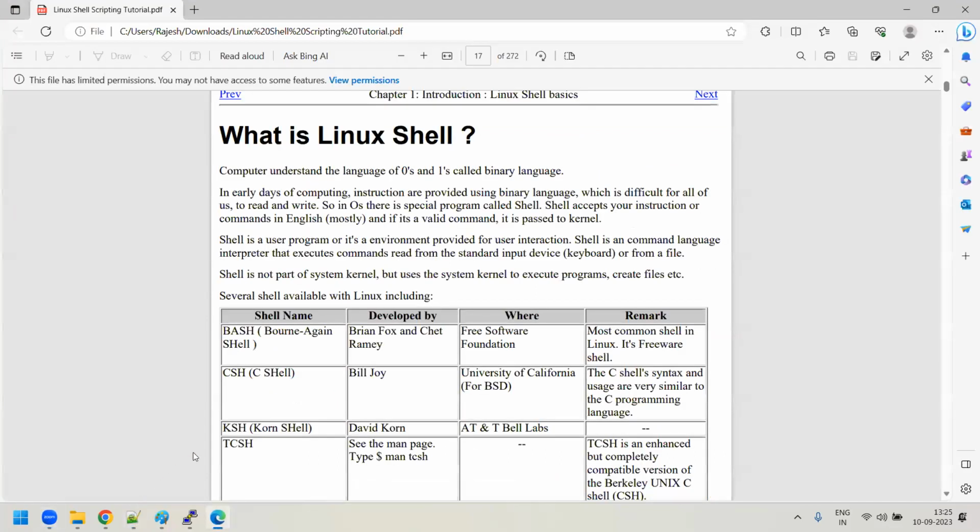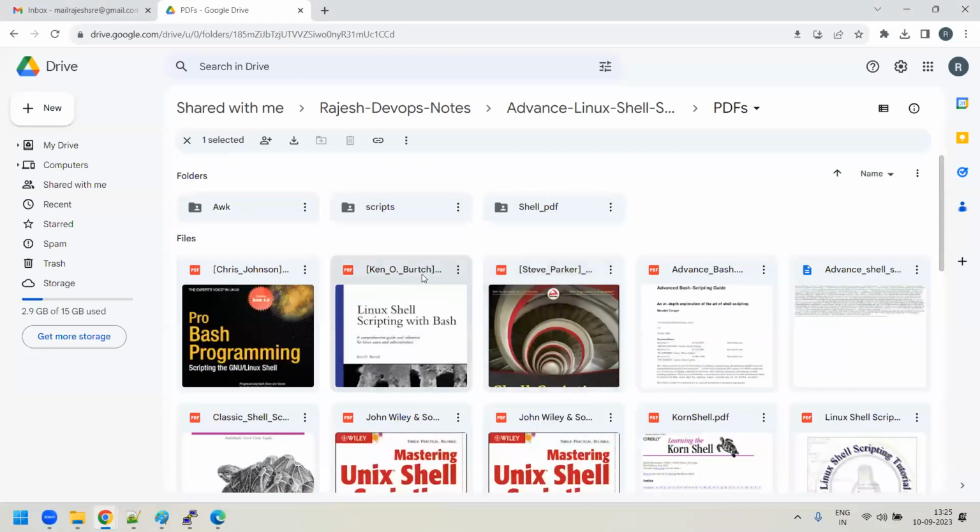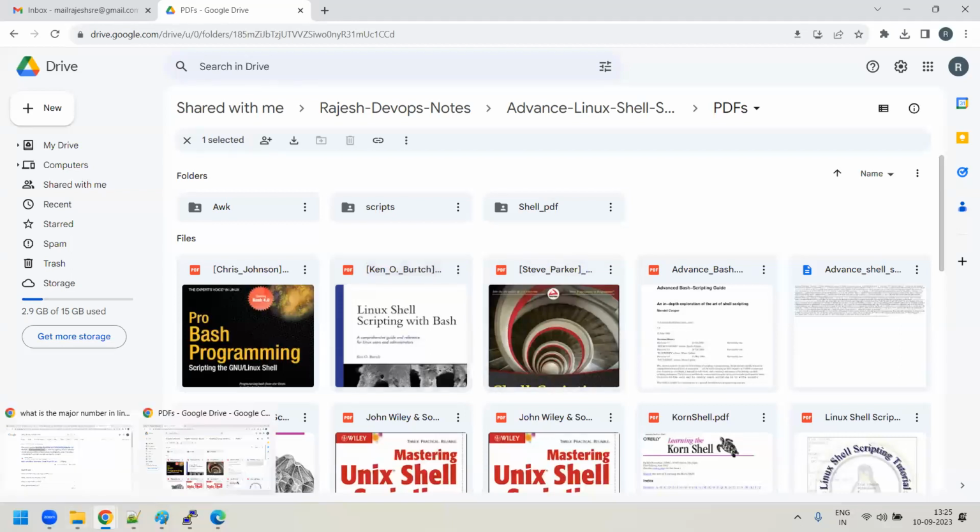Once you read this book, I would request all of you to read this Steve Parker book, and even this Ken Brochi book. He's very good. This is a very good PDF. I mean, you will enjoy it like anything by reading this book, sir. So at least read these 2 books, that is sufficient. If you see this Steve Parker book,